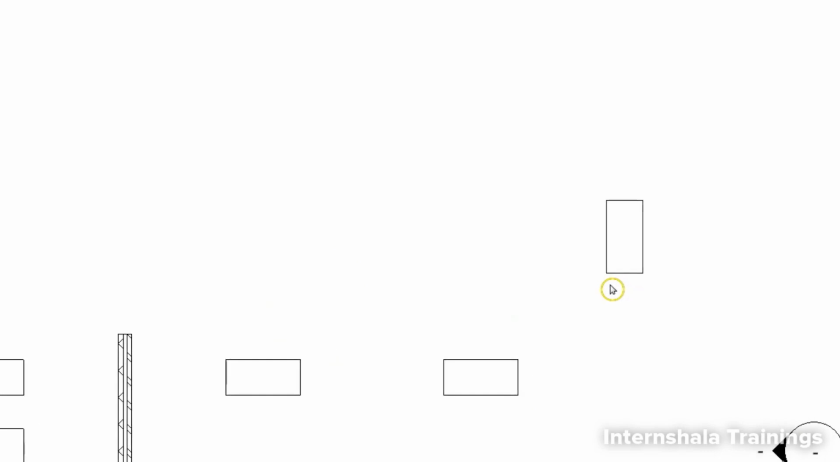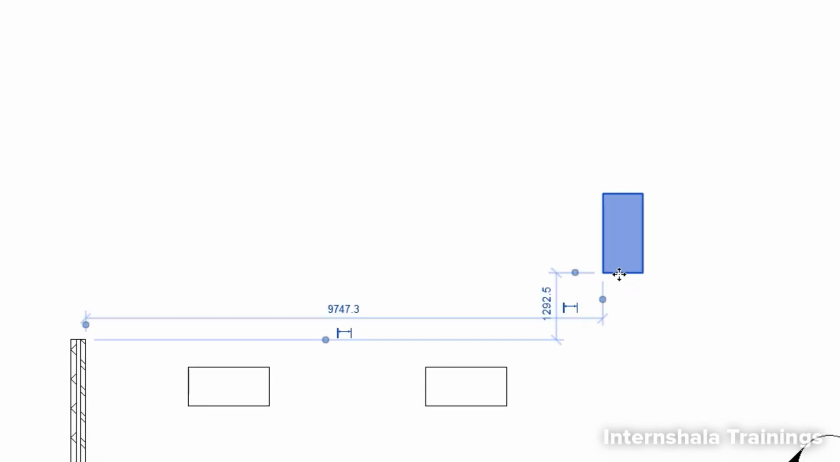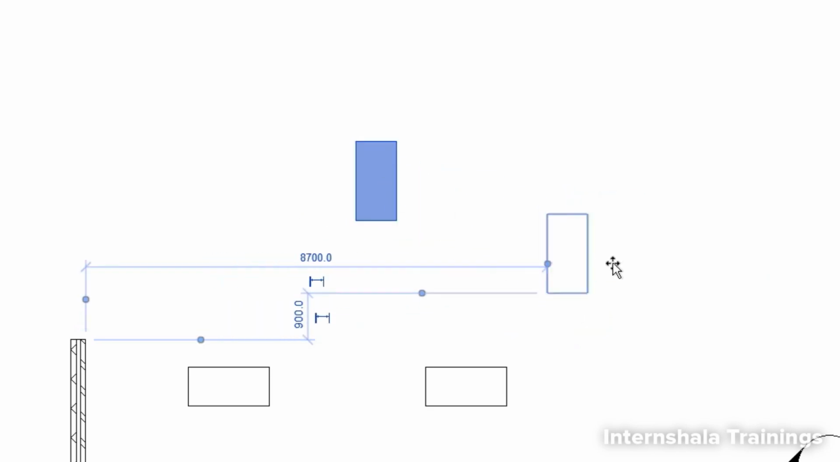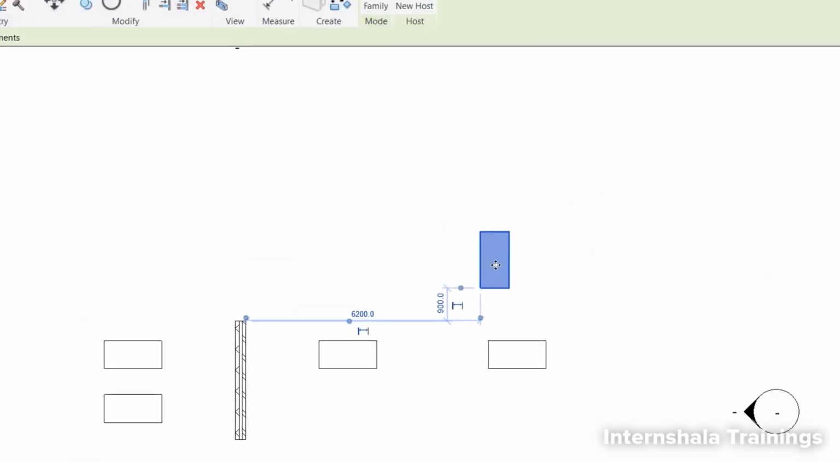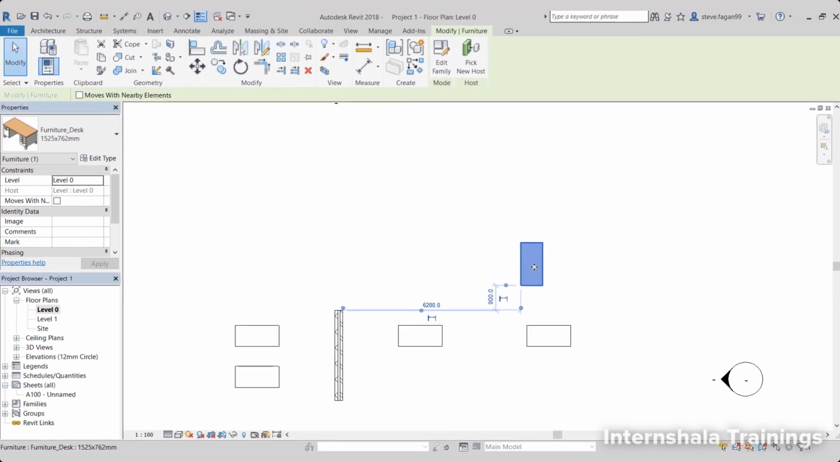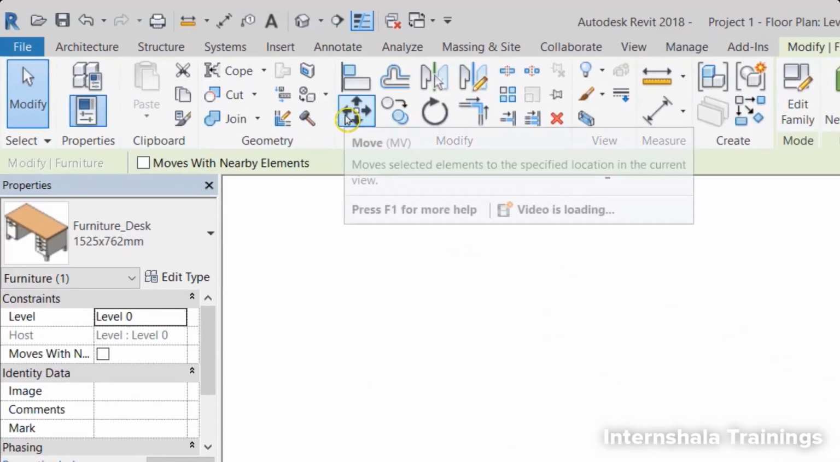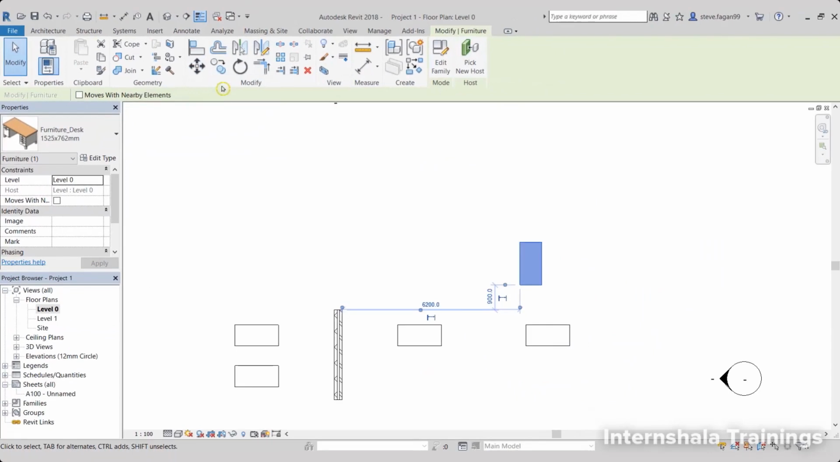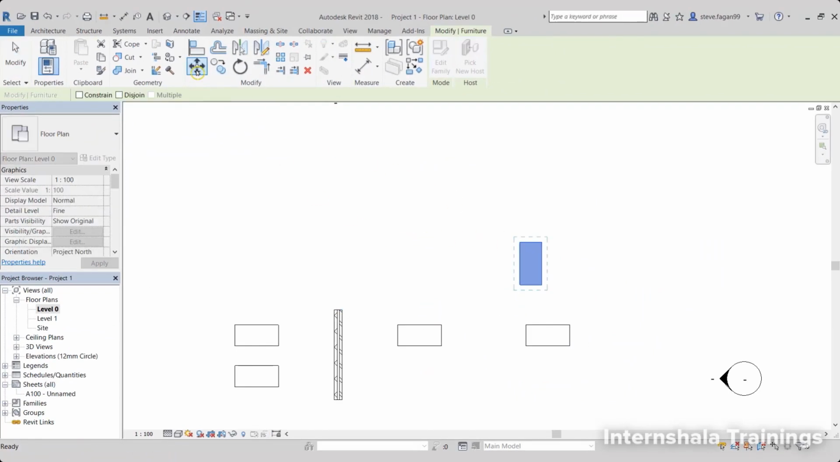Earlier on, I showed you how to use the drag feature by selecting a component. You'll notice that the cursor now has the drag symbol, so I can drag the desk. This isn't very accurate. So to be more accurate, we'll use the move tool itself. So to use the move tool, again, we'll select our component, select the move tool, and in the options bar